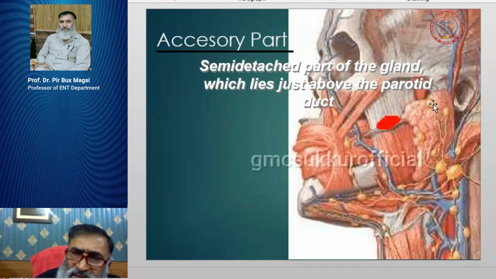You see, these are the lymph nodes. Now the drainage areas are from the ear, from the face, and sometimes even from the testes. Carcinoma of the testes, their secondaries come into the parotid gland. That's why I'm discussing it. You see, this is the superficial temporal artery and vein, you have to ligate it, otherwise you will face bleeding. Again, this one is the internal jugular vein. So these are very important structures which you have to save. If you know the anatomy, then you will dissect very carefully.